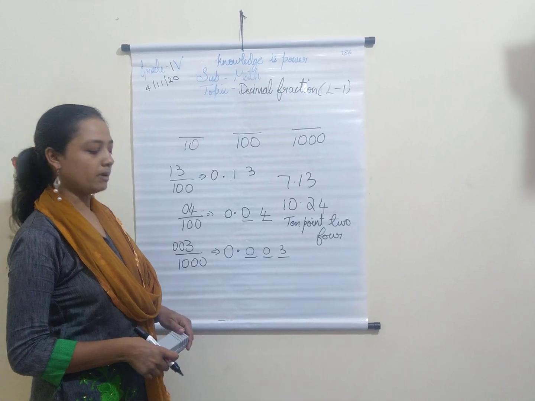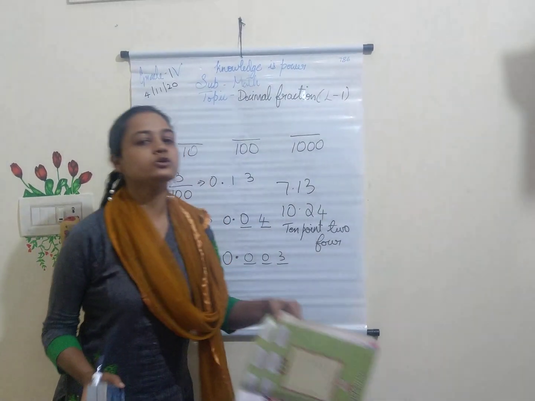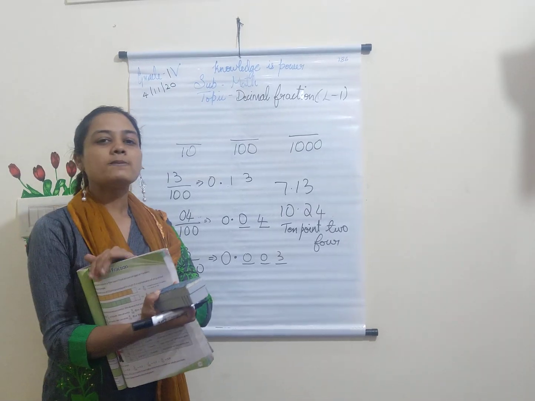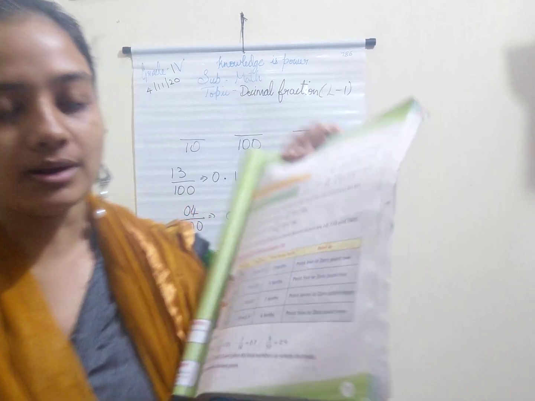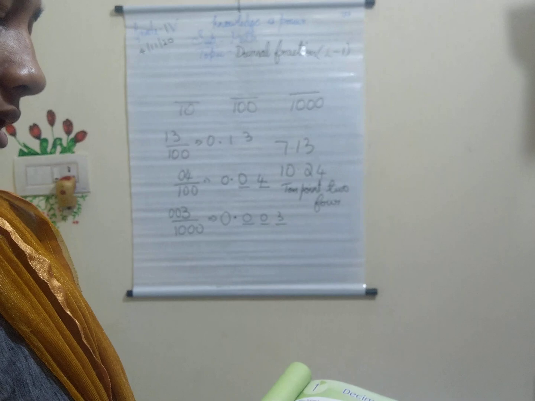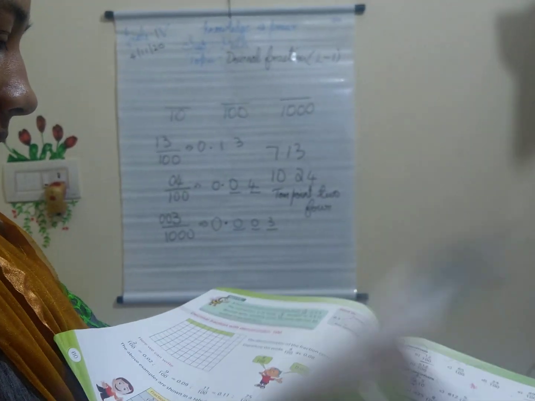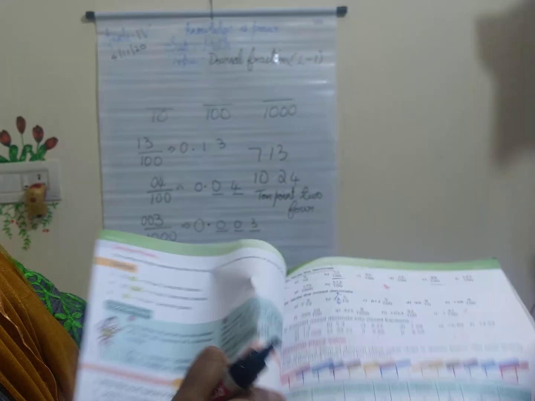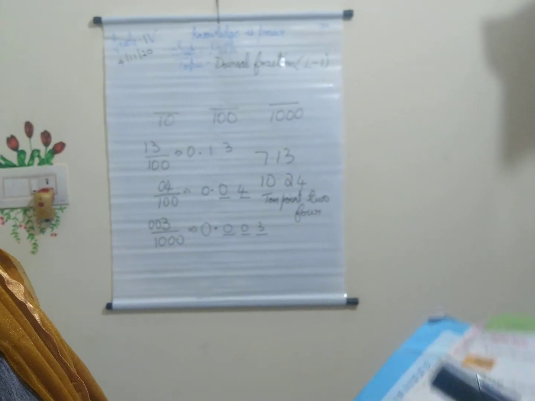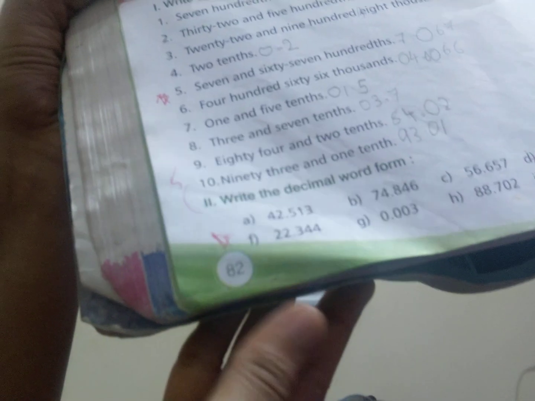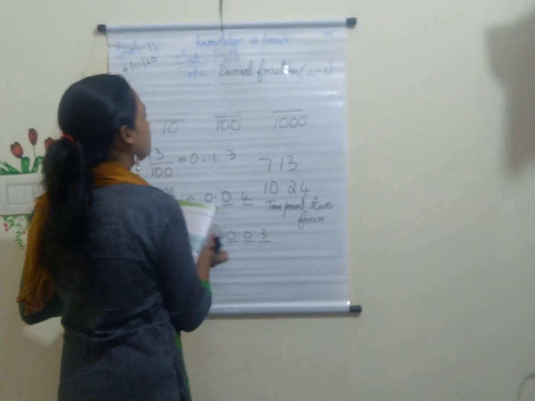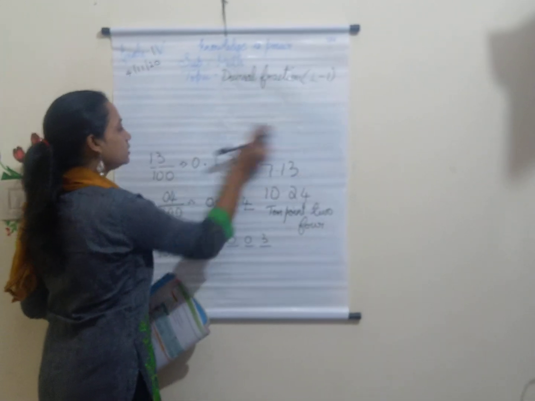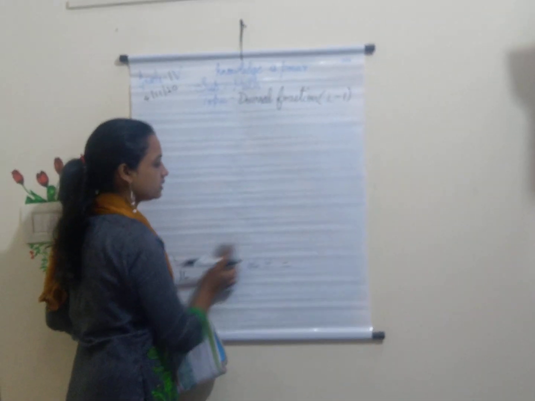Now let's go for the exercise part, children. I want everyone to open a textbook. You're going to open your new Sem 2 textbook. Open the math side, page number 79. Okay, this is the lesson. Now we are going for the exercise part. So you should open page number 82. Page number 82. Let's start working the problems. I'll be writing the answers for you and I want everyone to copy it in your textbooks.